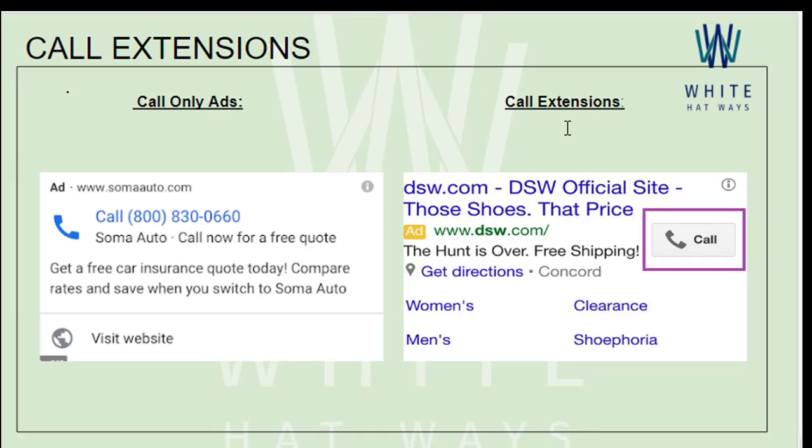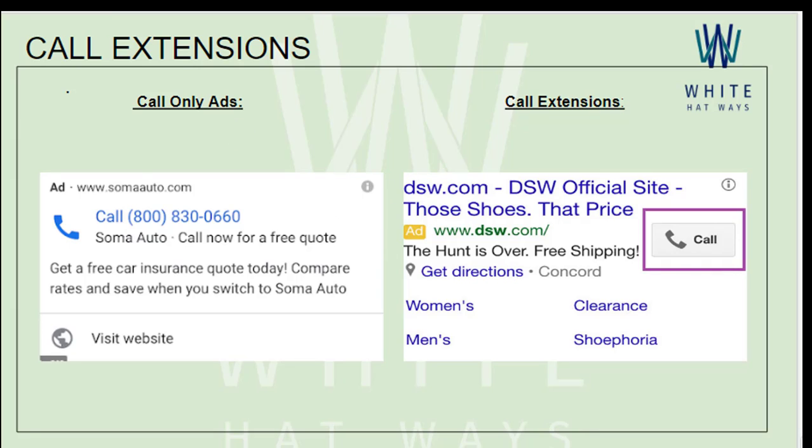However, as you can see, in case of call extensions, you would be able to write a lot. You would be able to describe your advertisement, your Google ads. You would be given that kind of limits to put in your headlines, your descriptions. Thereby, it will be an extension that will be mentioned in the right corner, which will have a call button for somebody to call up the business. So the entire focus is not on the call. However, in case of call only ads, the entire focus, as you can see, is entirely upon the call. Over here it is just in the right corner in case of call extensions. So that is the major difference between the two.